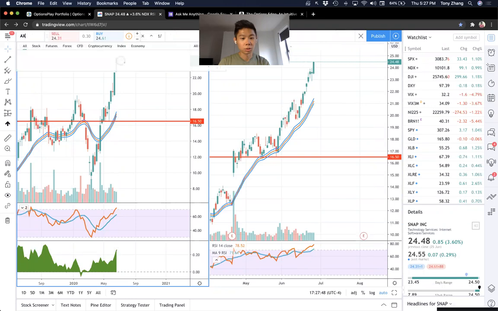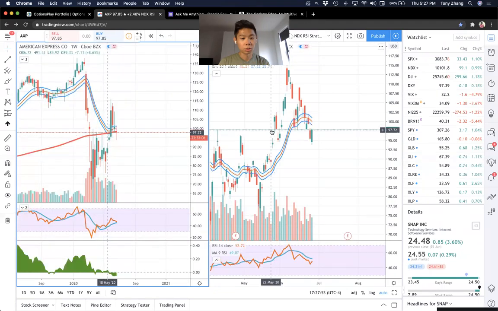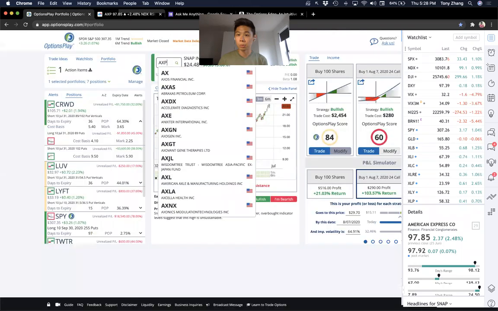AXP bear put spread. So I talked about AXP on our call on Tuesday. AXP is very heavily exposed to corporate travel, and corporate travel, as we saw in the research, is down 90% and is not recovering at all, despite the fact that travel is starting to slowly creep up. When I talk to my corporate clients and everyone in the corporate world, it doesn't seem like anyone's going to be traveling anytime soon. So I do like the idea of a bear call spread here on AXP.